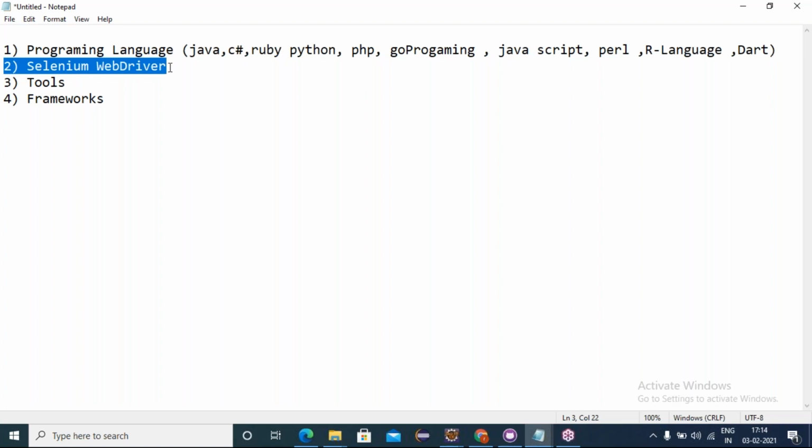Then after that, we come to the Selenium WebDriver for 15 days, 15 to 20 days, hardly. 15 days is enough. And next, coming to the tools. So what tools are we learning here as part of Selenium? Yes, we'll be learning